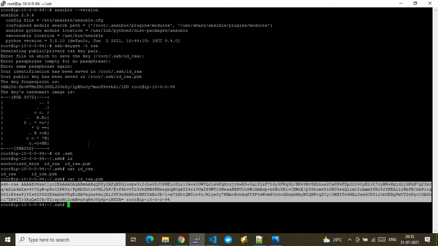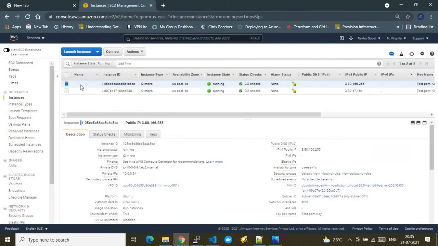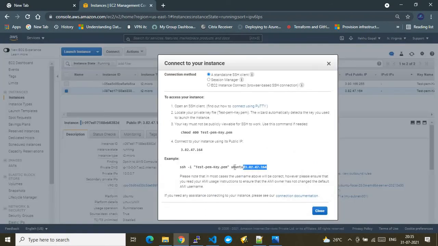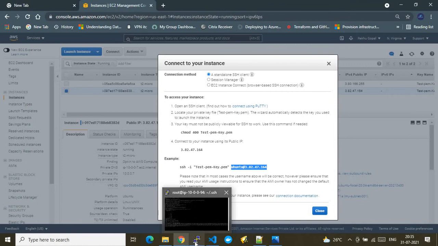Okay, so now once I have this public key with me, I will go to my client node and set up this public key under the authentication folder of the other VM. For that, I need to log into that VM first. So now we have set up our master node almost. Now let's connect to our client node and do the rest of the steps. As you remember, the one ending with .164 is our client node. So now let me log into this VM.